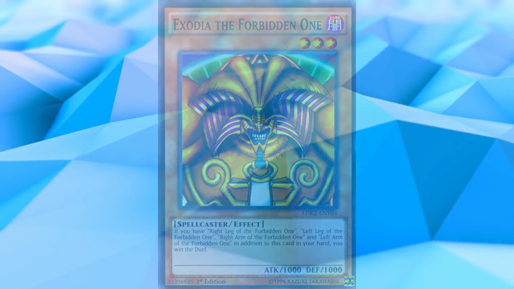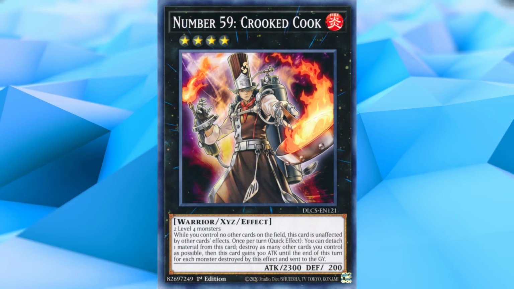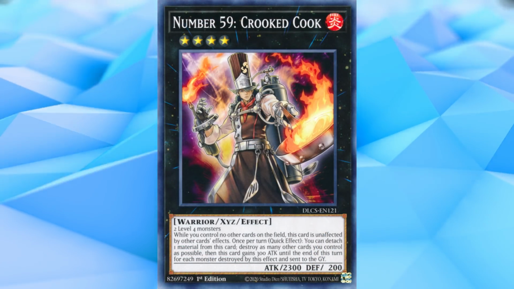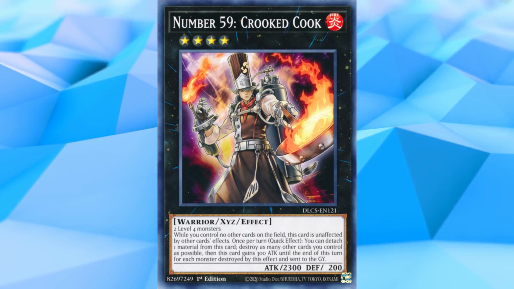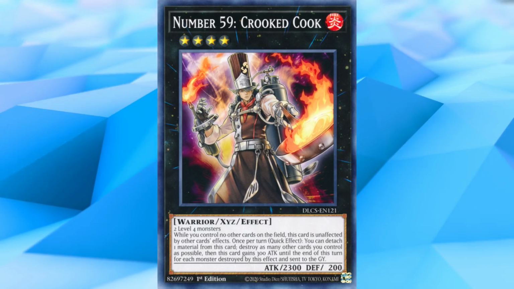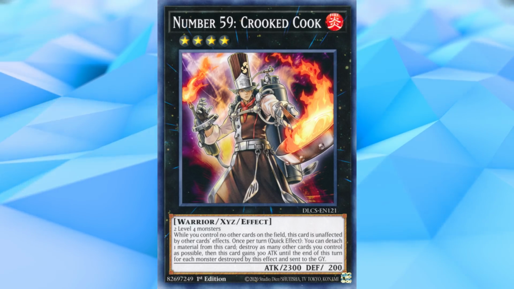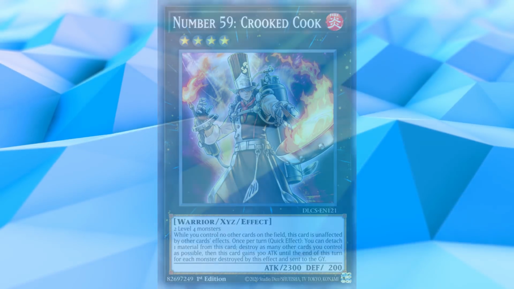How this works is you have number 59, Crooked Cook. Now this is an older rank 4 monster, and the main effect that we care about here is the one that says, while you control no other cards on the field, this card is unaffected by other cards' effects. Now by itself, that is a pretty annoying monster to deal with, but where this gets really silly is with